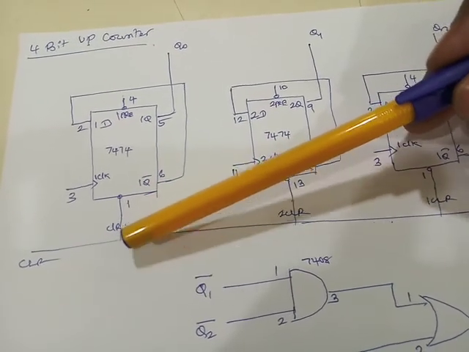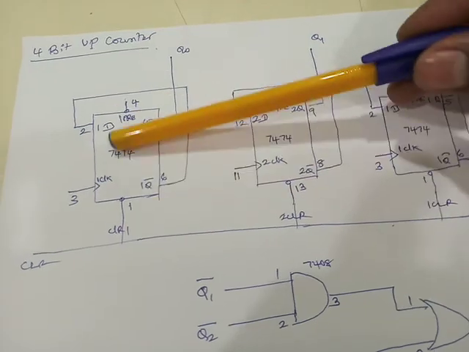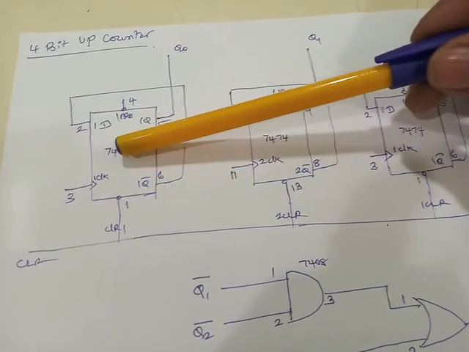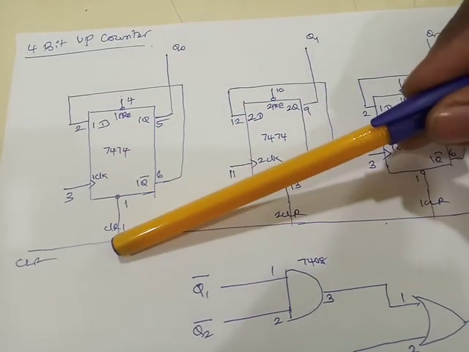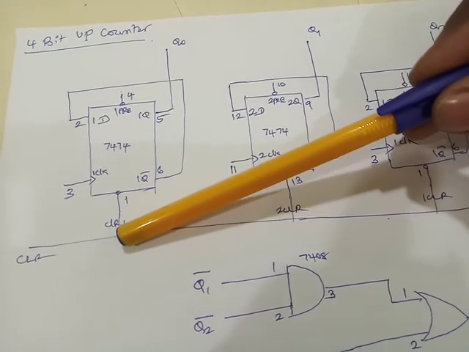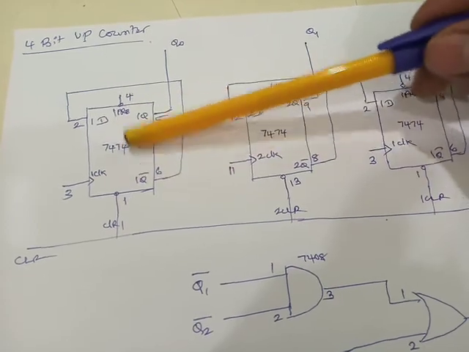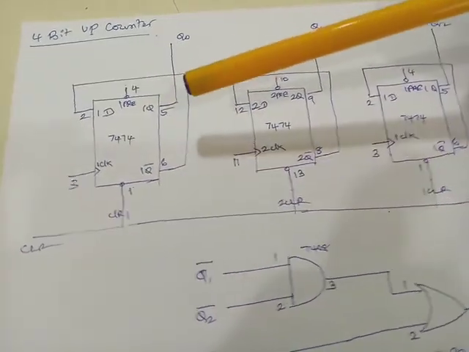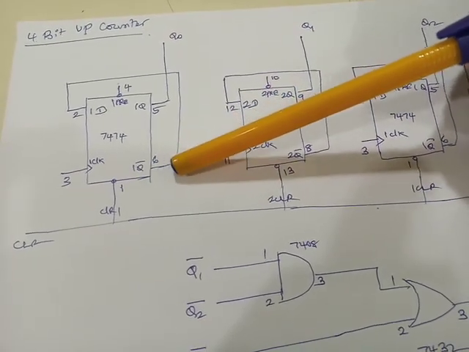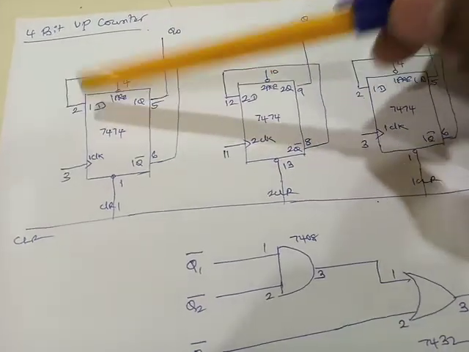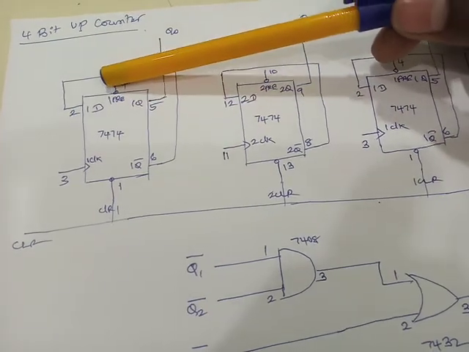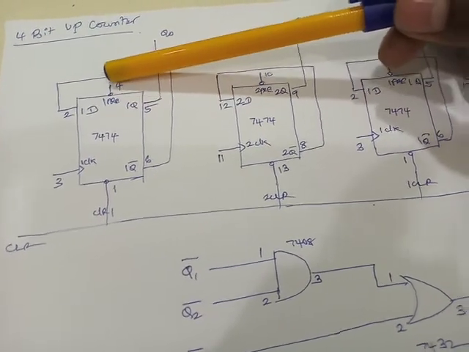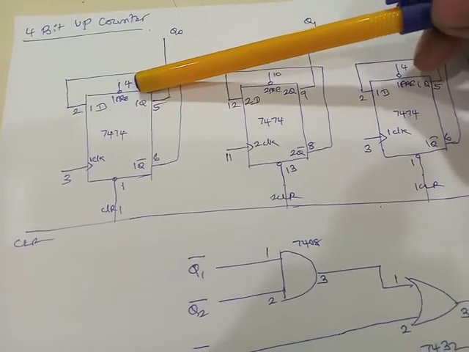If you press this clear pin, it will reset the value stored previously, either 1 or 0. It will automatically clear all the data inside the flip-flop. Here we shorted pin number 6 to pin number 2. And pin number 4 is what we call the preset. Initially we have to set it, so we set the preset value as 1.